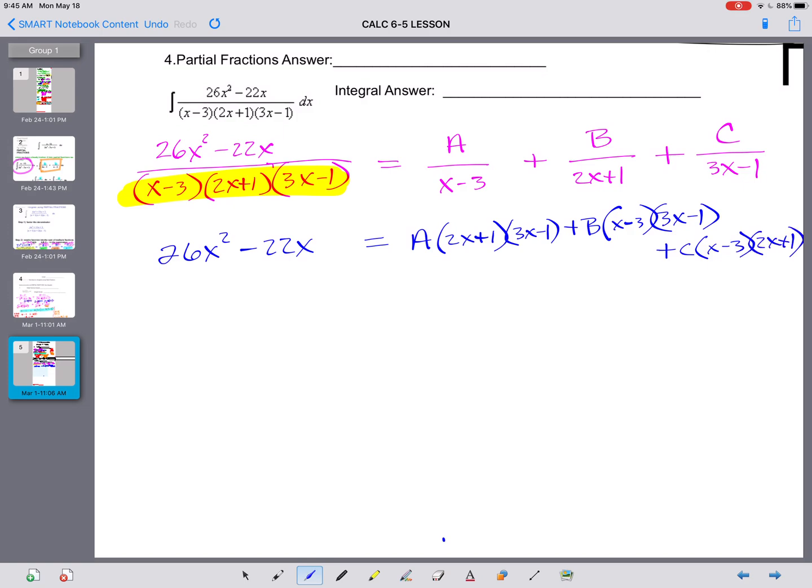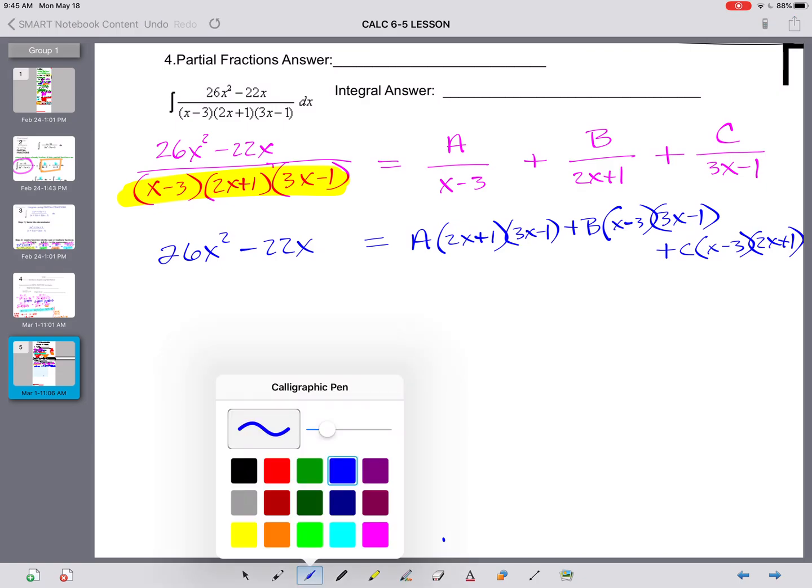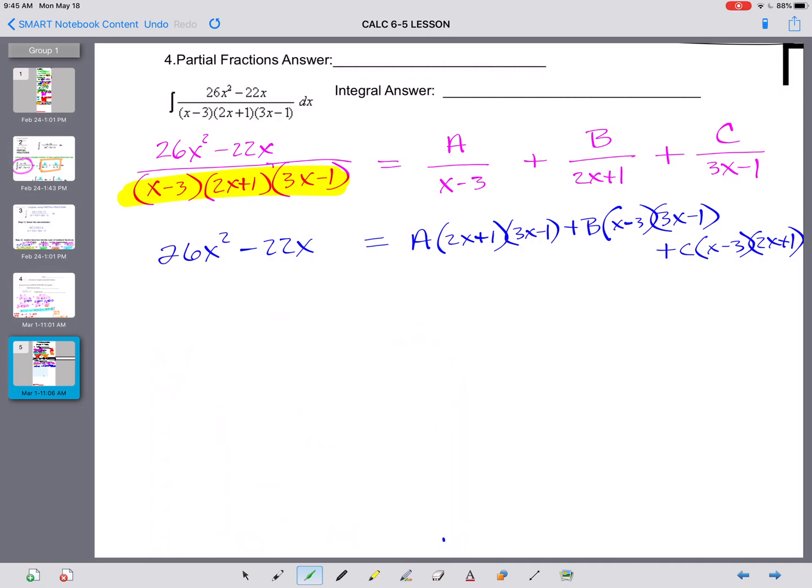There it is. Now we need to plug into this equation,